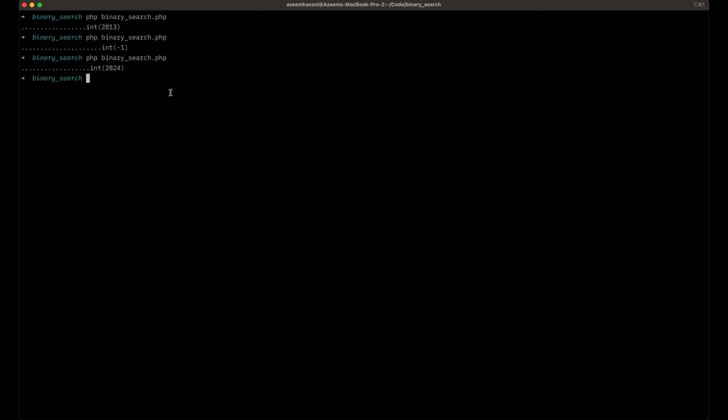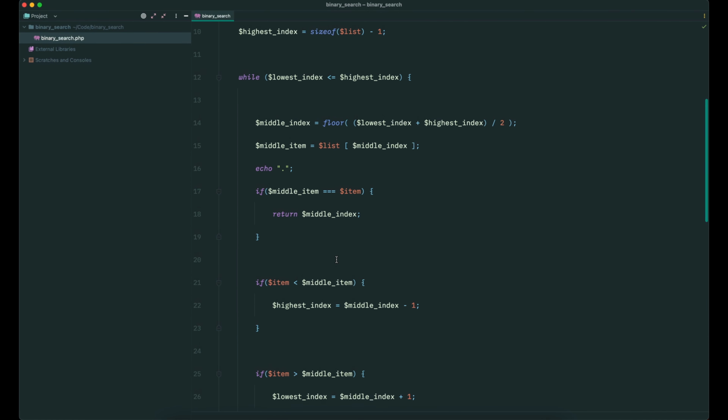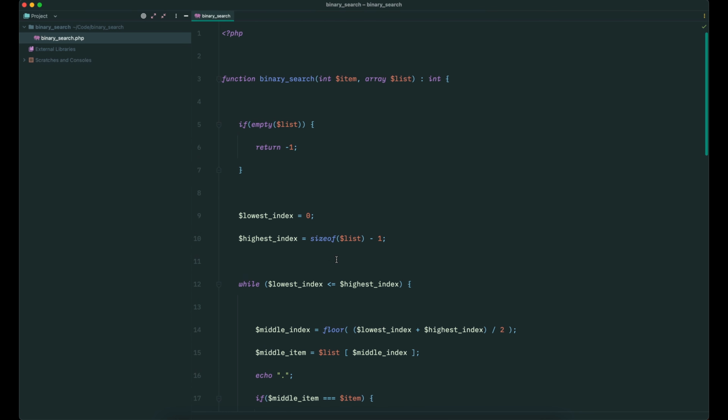So that's basically what binary search is in a nutshell, and I hope you learned something new,